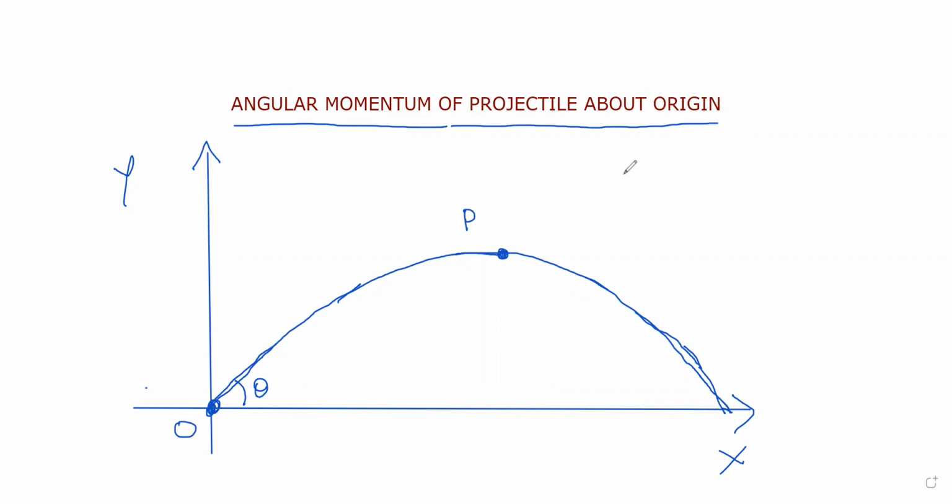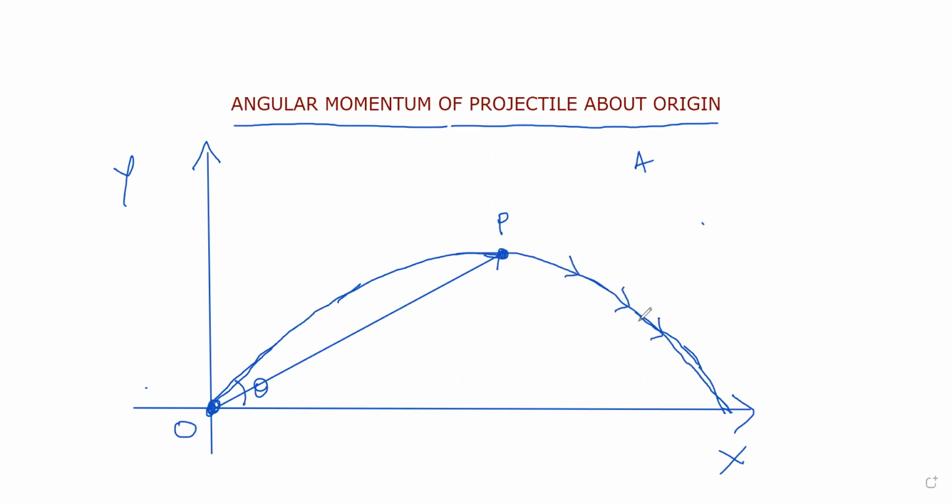Now the crux of this problem is that the angular momentum of the projectile keeps changing, as the position vector of the point P keeps changing with time. If I have to find the position vector, I have to join the origin with this point P, and in what direction the point P is with respect to the origin O. That's what the position vector says, right? This point keeps on moving as the projectile moves.